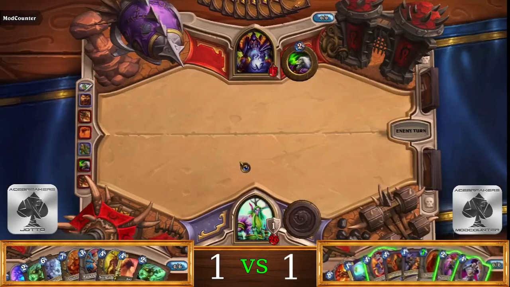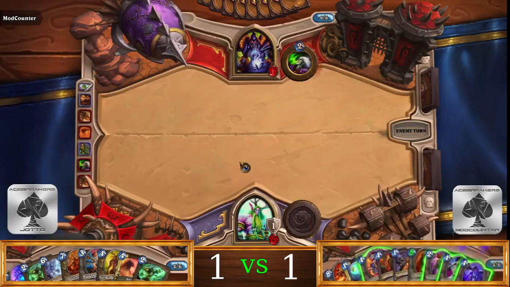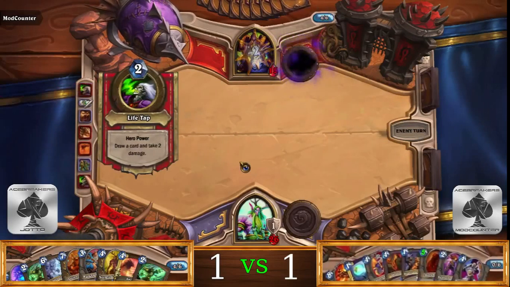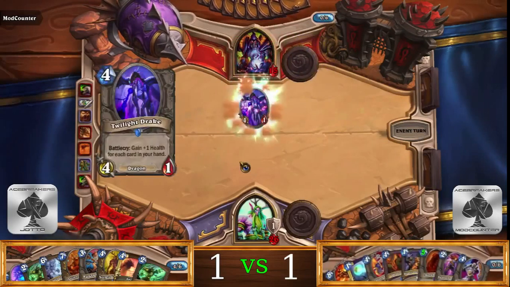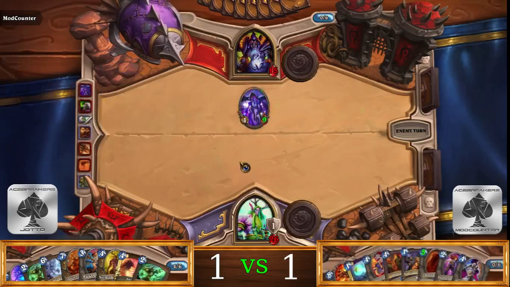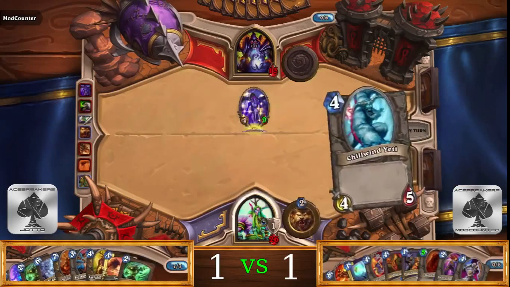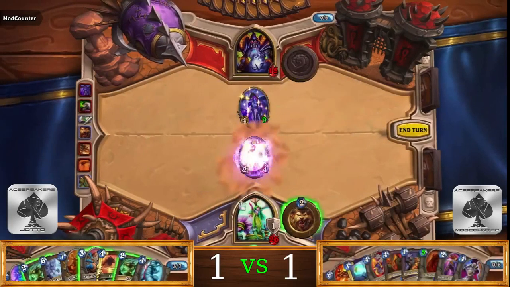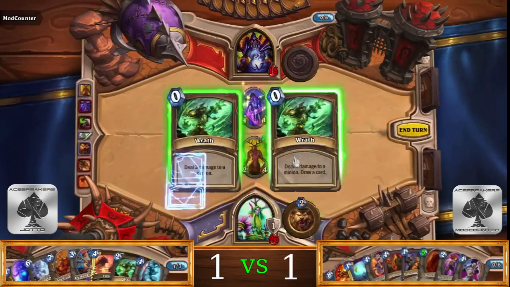Exactly. Yeah. Now in retrospect, I could have soul-fired myself. Like, on turn 3, when I soul-fired your face, I could have soul-fired my face to make my Molten Giant cheaper. Now that I think about it, this might actually have been a better play. That's true. Interesting. See, now I learned something. Hope this never comes up again because it's terrible, but I mean...